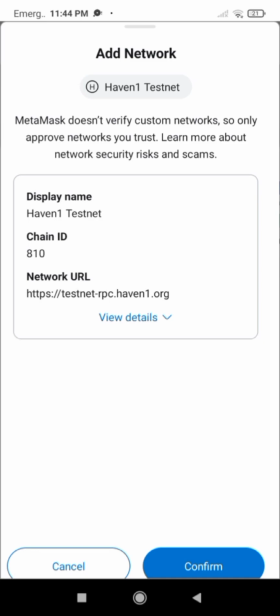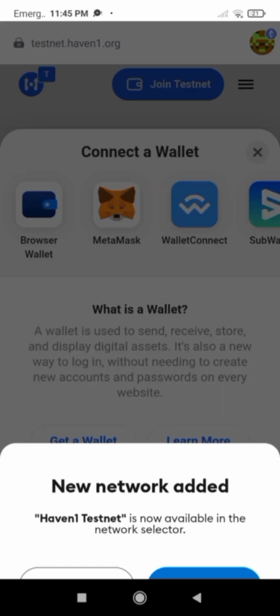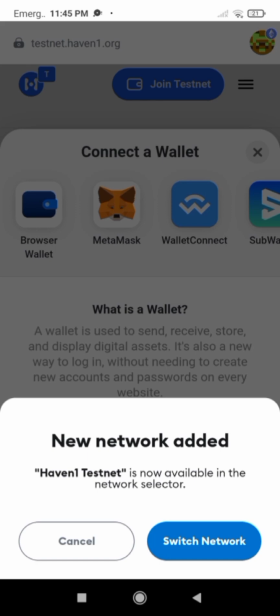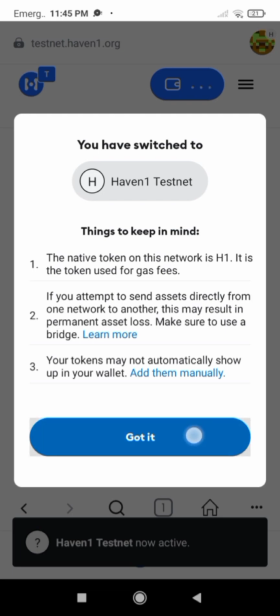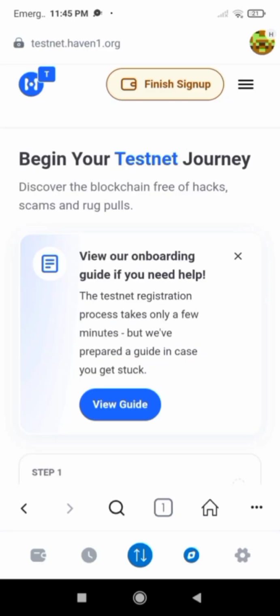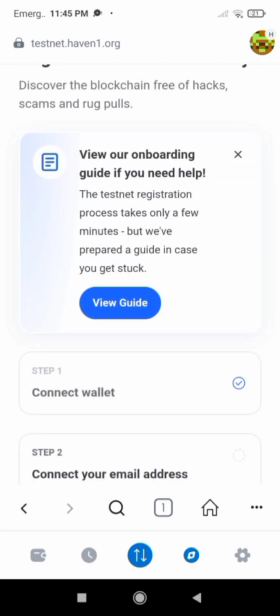Now this is the name, Haven1 Testnet. The chain is 810. The network is this. Now click on confirm. Now switch network. Click on switch network. Click on got it. Okay, this is it. We have finally gotten the